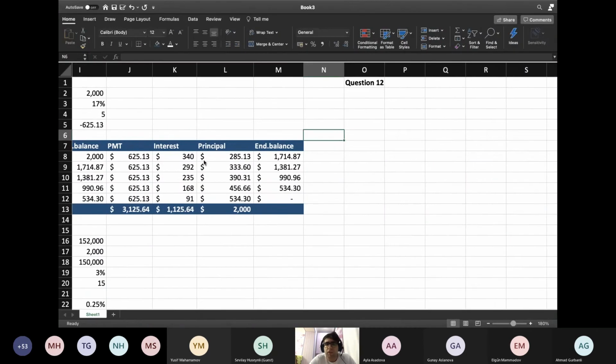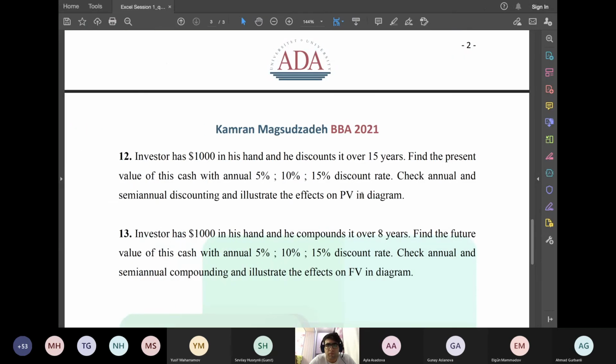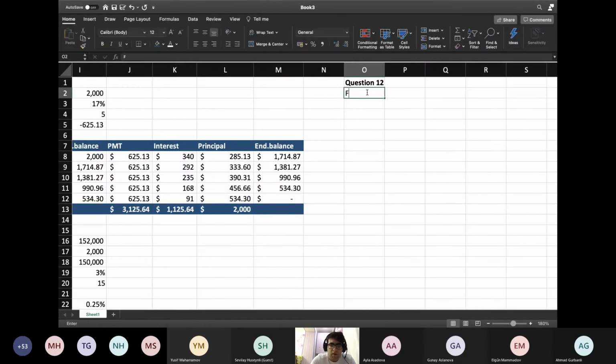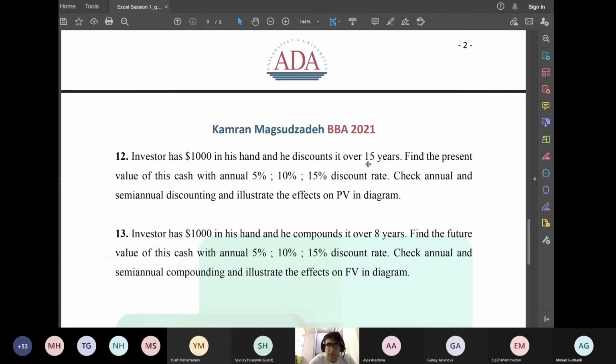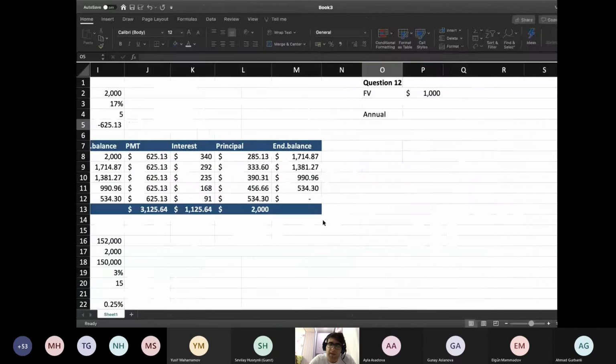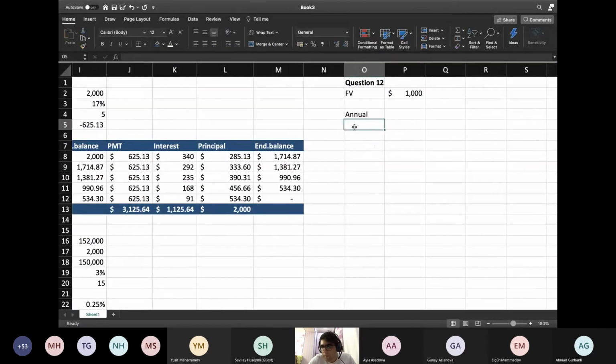So the question is asking for, we have, yes, future value $1,000. So we have annual discounting. Firstly, annually. Let's check annually, then semi-annually. We have here years, interest rates,